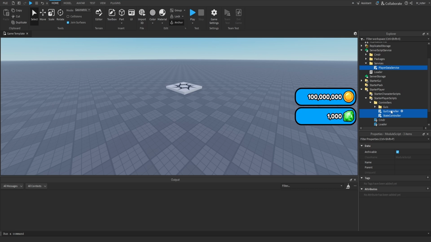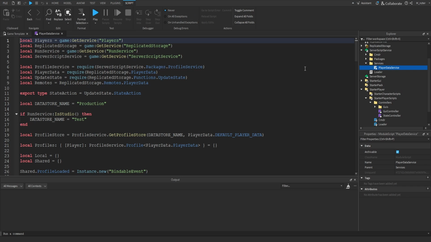Now, if we look at the specific type of scripts that are actually stored inside of these folders, these are module scripts. The reason that these are module scripts is because we write all of our logic exclusively inside of module scripts. And the reason for that is because module scripts have advantages over normal scripts, like being able to share code with other scripts. Now, if you're new to scripting, then module scripts might intimidate you, but just keep following along and do not worry. Now, let's go ahead and actually open up the player data service module so that we can take a look at how I structure my module scripts.